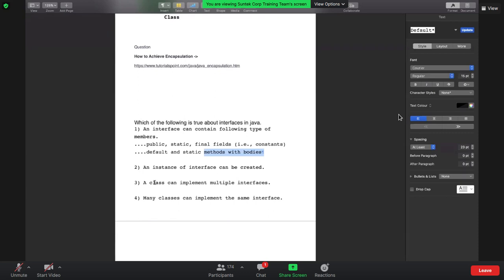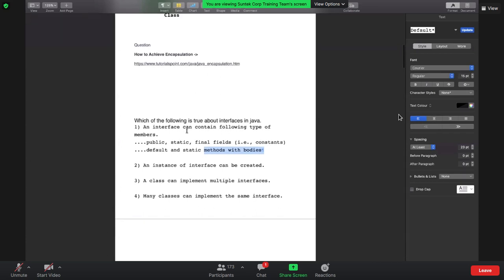Okay. How about the second option? Can we create an instance of an interface? Correct.